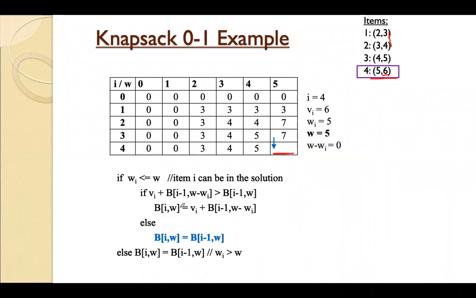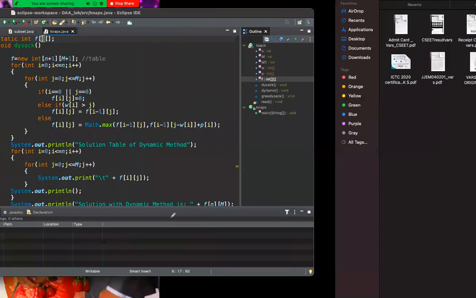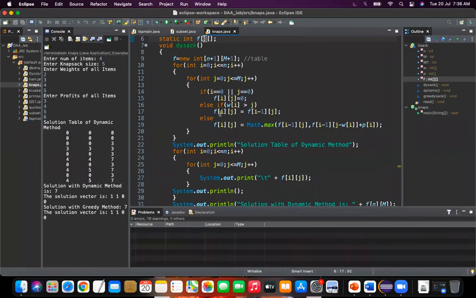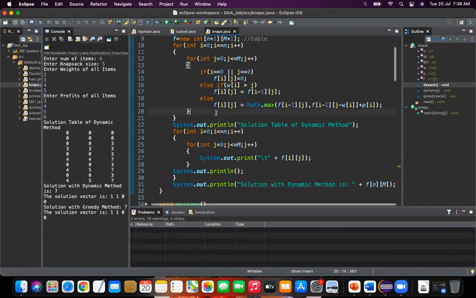In the program I will not again explain. I will take out each and every instruction and explain. That is why I have written those steps here separately and explained them. Those steps are repeated here again and again: if, else if, and else. These 3 instructions will do all those tasks. So at the end of this iteration, F is the table which will have this solution.